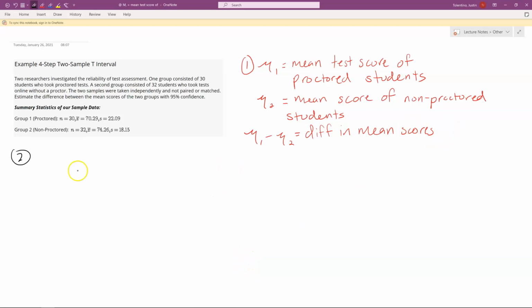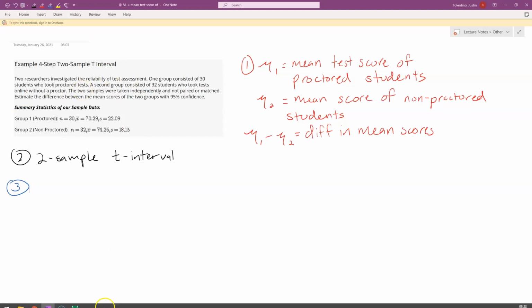So next, what is it that we're actually going to use here is going to be a two-sample t-interval. And again, we are using the t-distribution because we're trying to estimate means and we do not have our population standard deviations. So now we can move on to our step 3, which is our calculations. And as we've seen, even though there are formulas to help us out with this, we're going to typically just use ArtofStat or any other statistical calculator to do these calculations for us because they are a lot more tedious at this point. So to complete this, we're going to open up artofstat.com